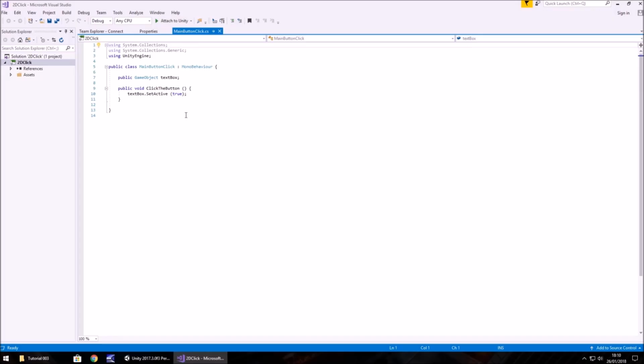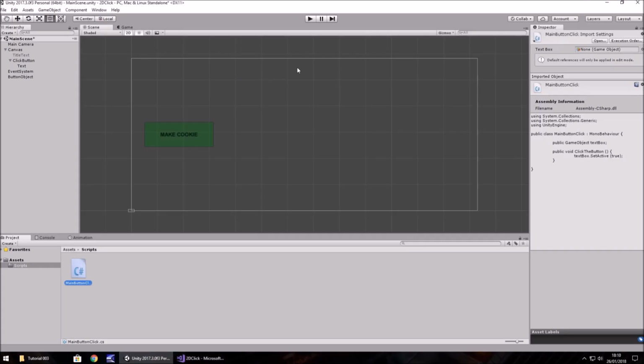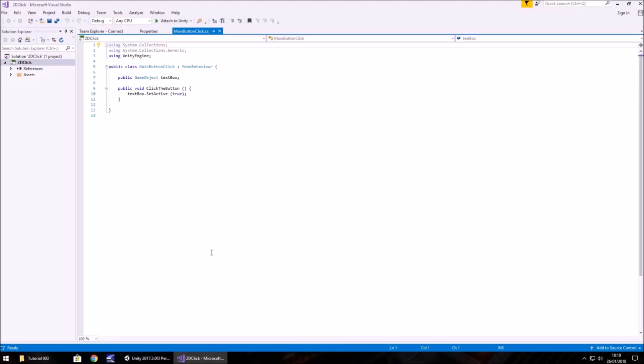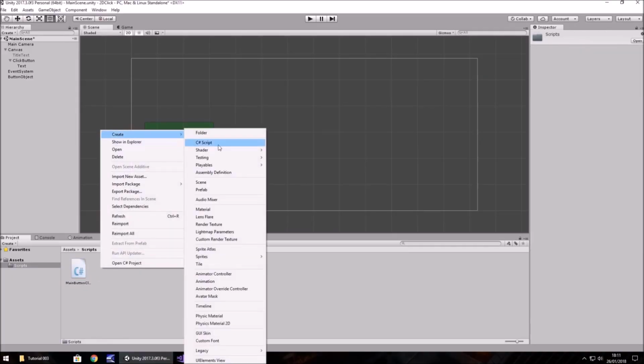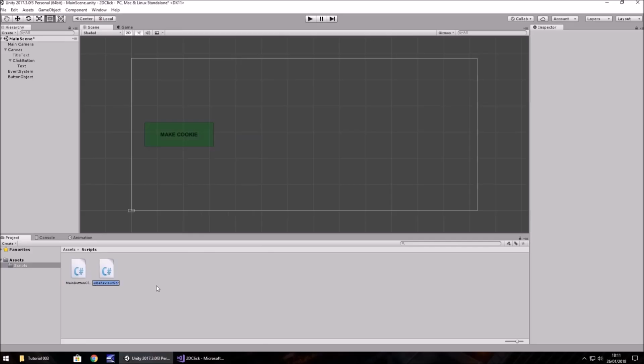Don't worry. So the script we used last time basically just changes the text up here to come on when we press it. So instead of doing that, we're going to declare some different variables which will allow us to increase our cookie count. So even though we've got this main button click open, we're going to create another script. So right click back in Unity, create C# script, and we will call this one, oops, take caps off there, global